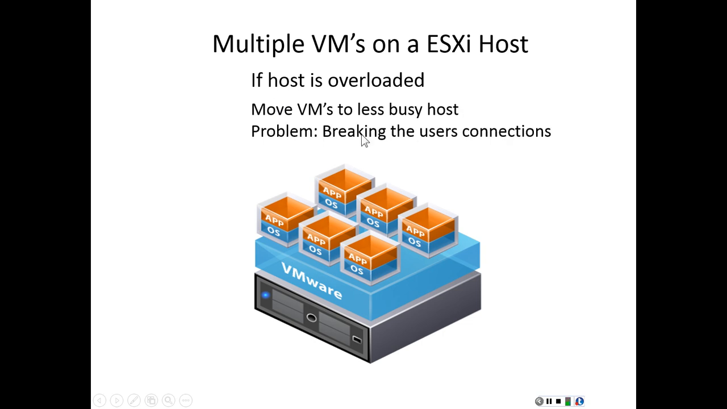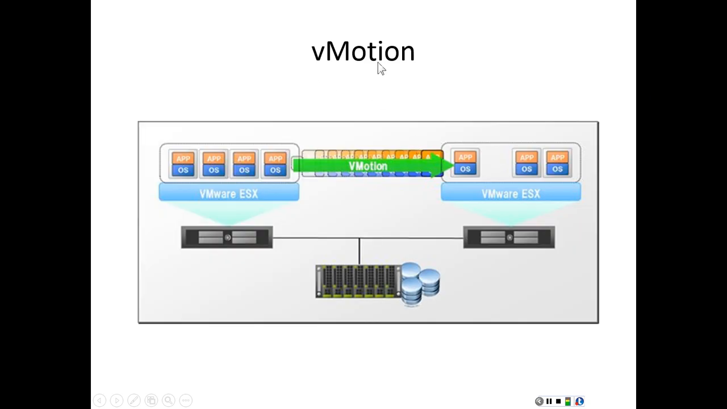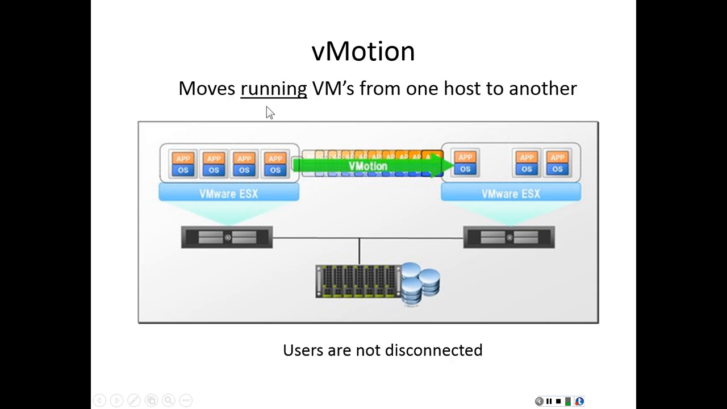But the problem with that is that shutting down a virtual machine and then moving it to another ESXi host is going to break the users' connections. So what we do is we use vMotion. vMotion allows us to move a virtual machine from one ESXi host to another. It allows us to move a running virtual machine from one ESXi host to the other, and that way the